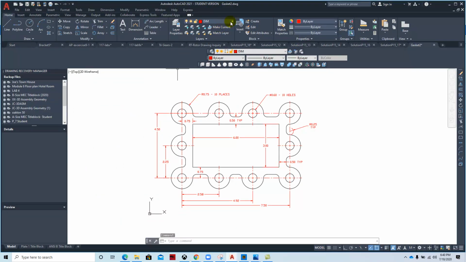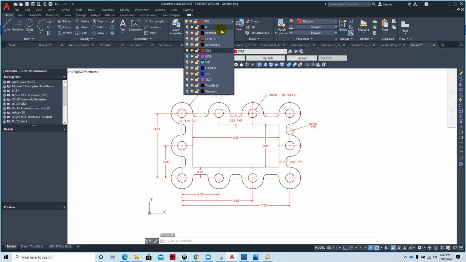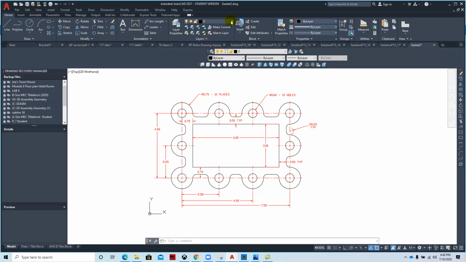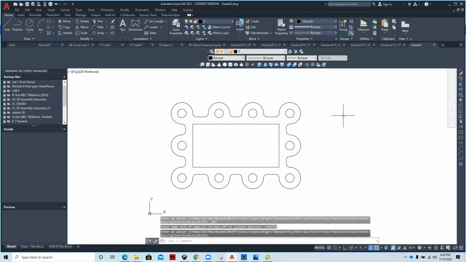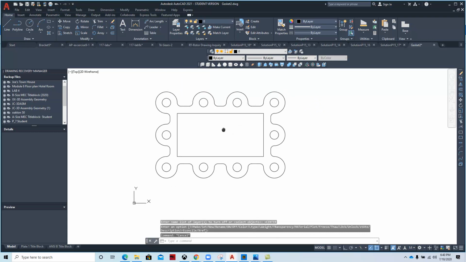And so I'm going to turn off the dimension layer. Before I do turn it off, I'm going to switch over to a different layer, because when you turn off the layer that's on, it can give you some problems. I'm also going to turn off the centerline layer. So here we have the base geometry, and then in order to determine the area of this part, we can